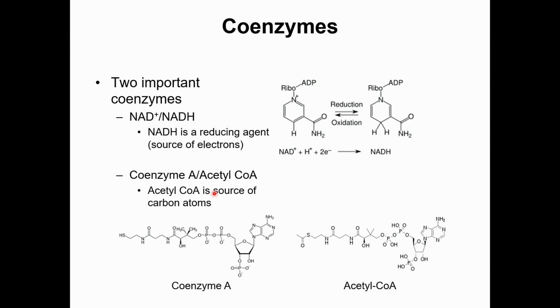So coenzymes are molecules that participate in the chemical reaction itself. And cofactors cannot be used up. They just change oxidation state typically. But coenzymes do get used up in the reaction. And so you've probably heard of some of these important ones like NAD, NADH. And here is NAD and here is NADH. And what it is doing is it is a reducing agent. It's a source of electrons, okay?